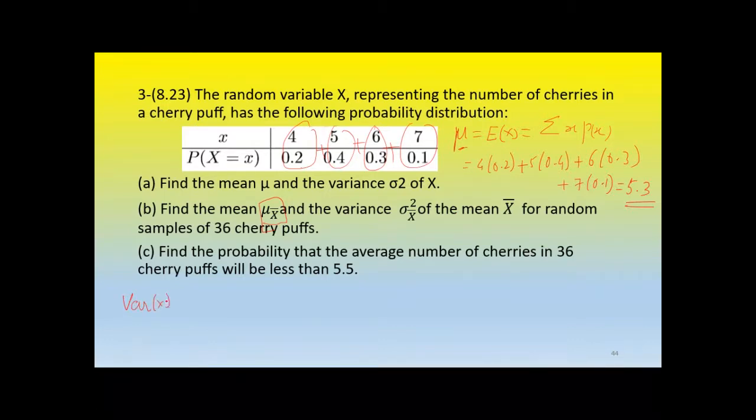Variance of x, which is sigma square, is expectation of x square minus expectation of x whole square, isn't it? Expectation of x we know, this one is mean, 5.3 square. What is E of x square? We will find E of x square. The formula for E of x square is